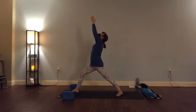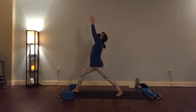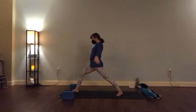And to really keep your focus on your hands, not an easy thing to do, right? So you've got to really think about staying strong in the core of the body as you focus on your hands and they happen to be moving. The next time your hands come to be in front of your heart, let them stay there. Bring your gaze forward again, and then release your arms on down beside you,